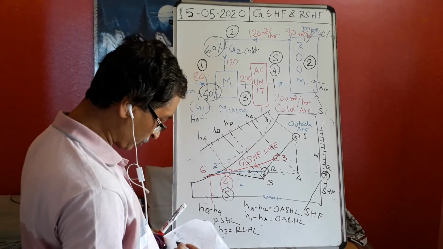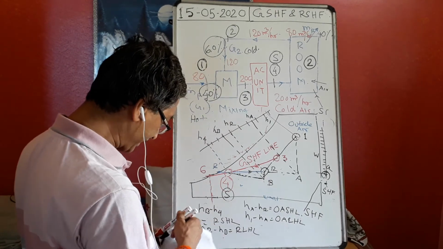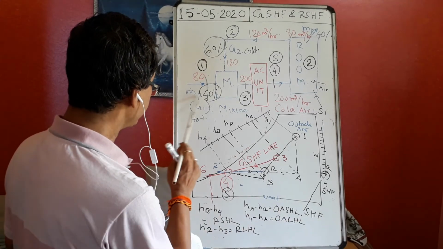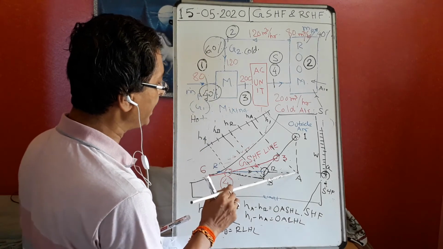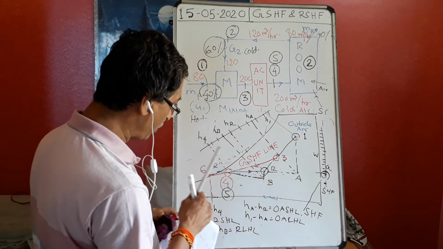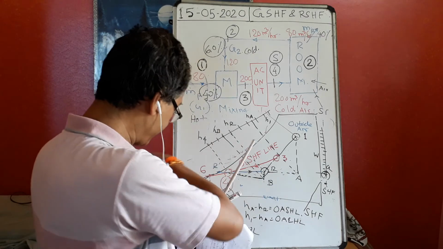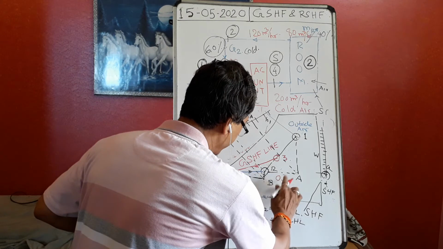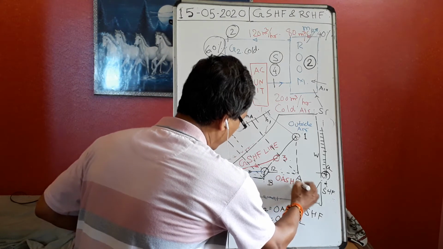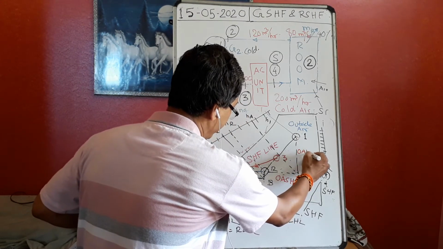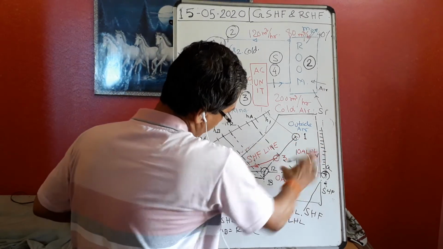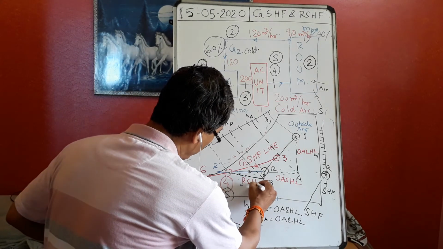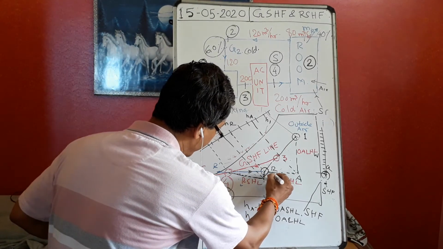So there are two types of loads. Why? Because we are taking fresh air, the outside air, so there is an outside sensible heat load. Let me write it. This is the outside air sensible heat load, and this is the outside air latent heat load. This portion is the outside sensible heat load, this portion is the room sensible heat load, and this part is the room latent heat load.